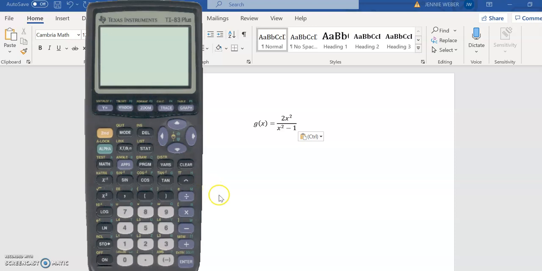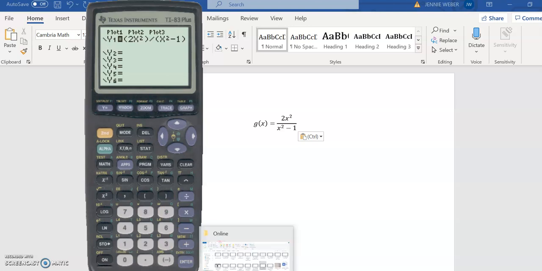Okay, I want to take a minute to show you how to look for things like asymptotes on your graphing calculator. So what I'm going to do is graph this. A couple things when I go to graph this, I'm going to go to y equals. And when I put this in, parentheses are your best friend. Put the top in parentheses and then put the bottom in parentheses. I would highly recommend this because otherwise your calculator, obviously the newer calculators are going to do